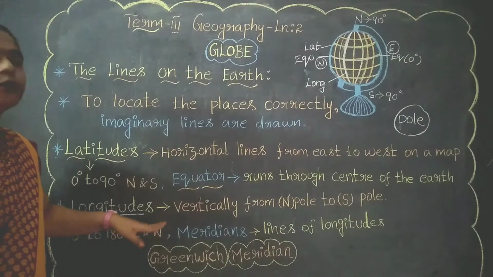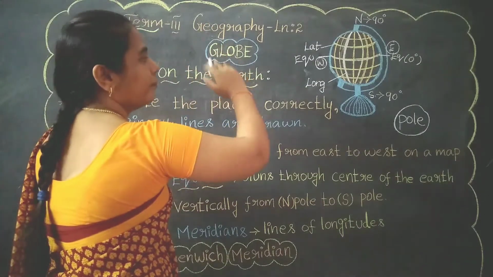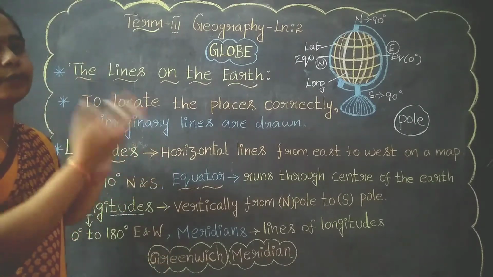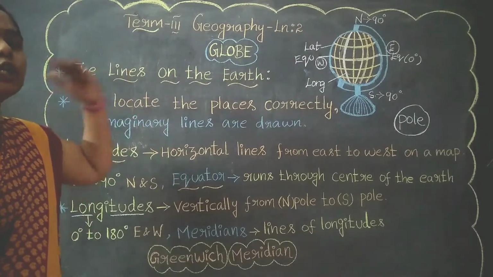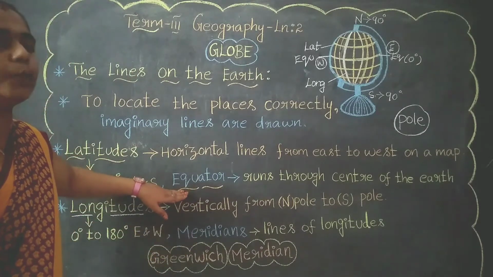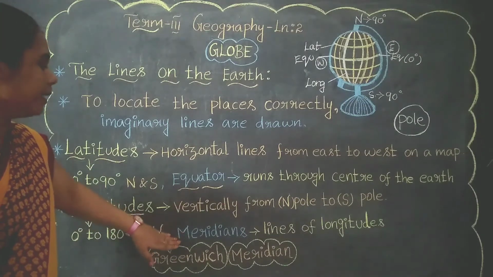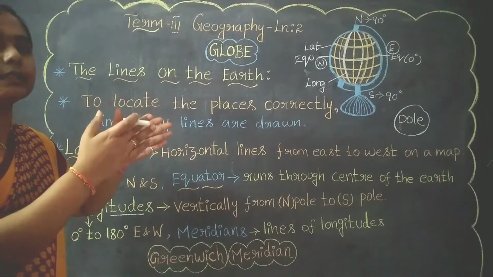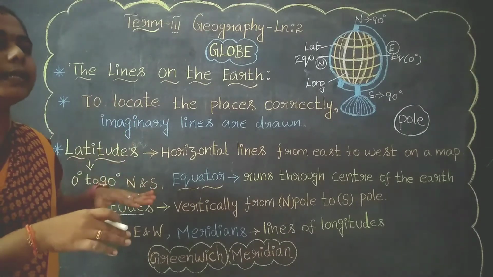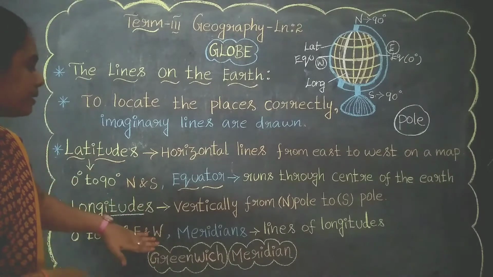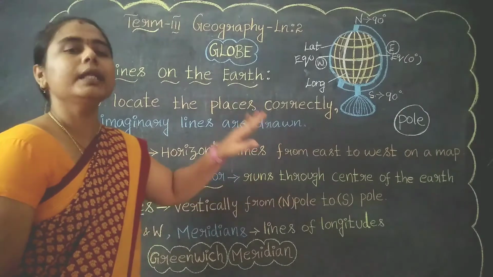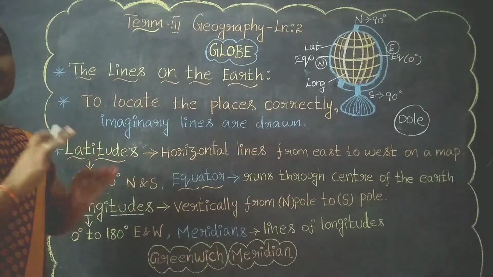It is east and west. I told you that it starts from west to east or east to west. So the sides are east and west, and for longitude, north and south. Then meridian. Like the equator, here in longitude, meridian acts as the middle line. Actually, not that; all the lines are known as meridian lines. Meridian means lines of the longitude. So, lines of the longitudes are known as meridian.